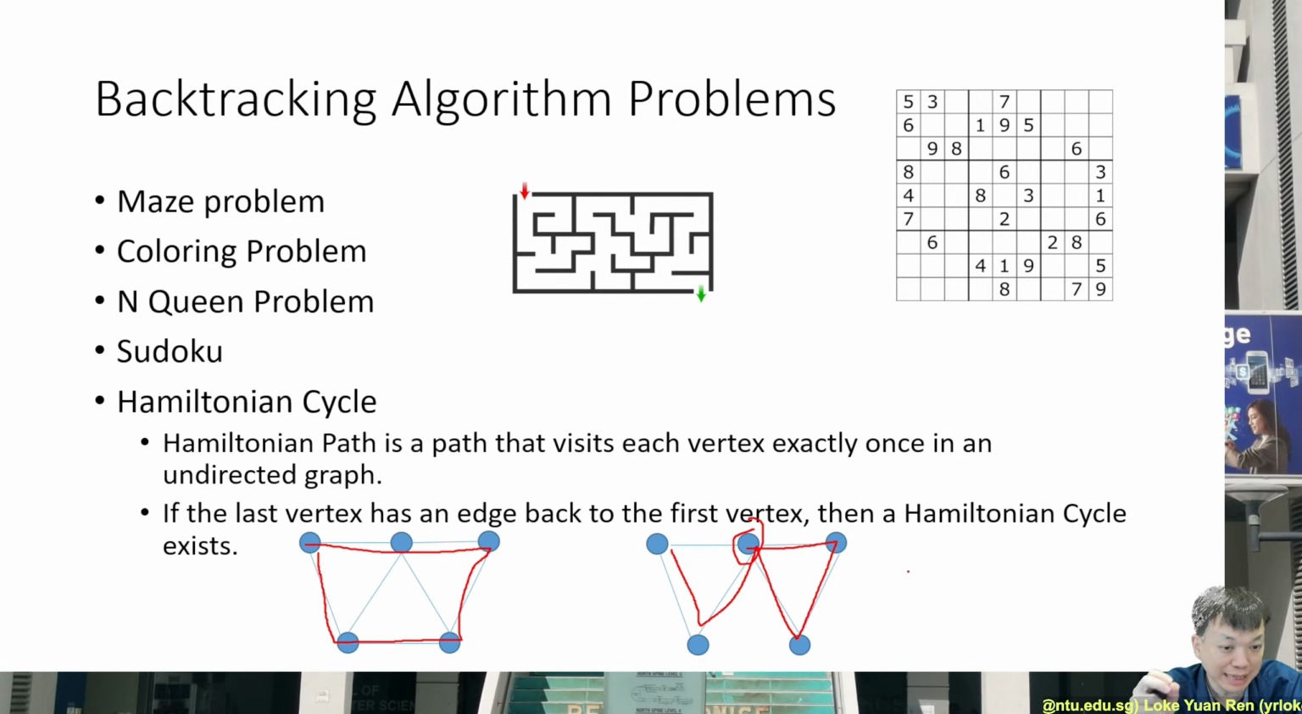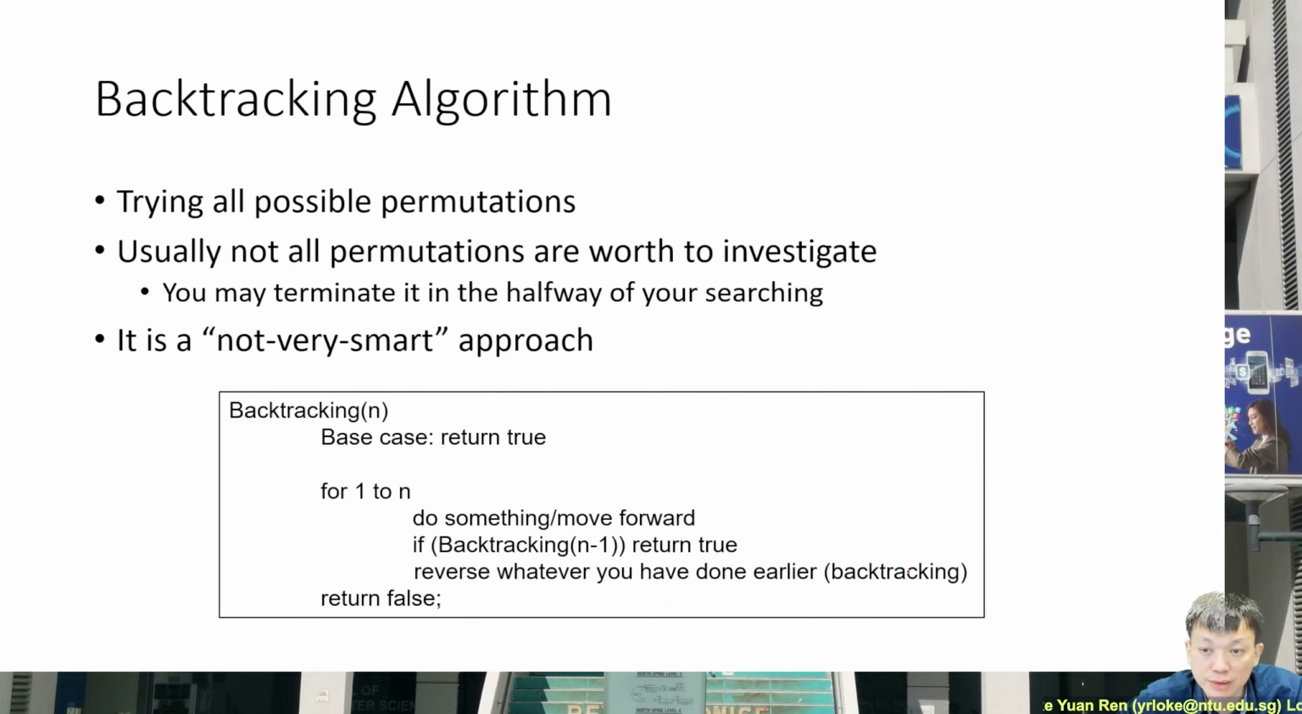Then that is a Hamilton cycle, because a Hamilton path visits each vertex exactly once. Then a Hamilton cycle is where the last vertex has an edge back to the first vertex, an edge for you to go back to the first one. Yeah. So that is the Hamilton cycle. So you expect that you can also use the backtracking algorithm to solve the problem. Okay. So backtracking is trying all the